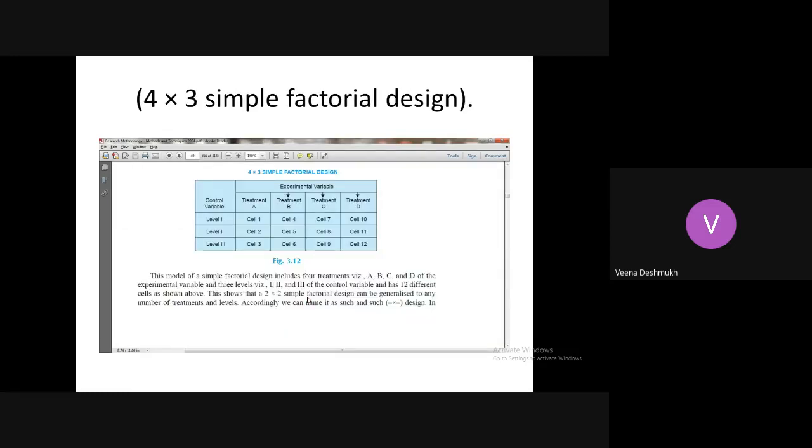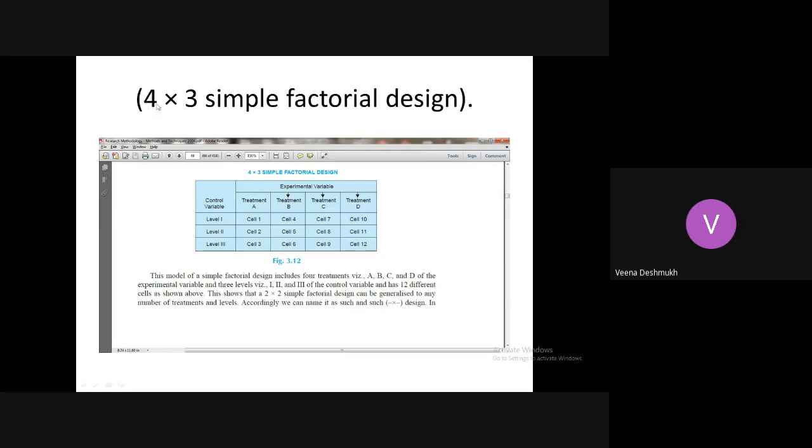The simple factorial design can be expanded to 3 by 4 or 4 by 3. Any number of factors can be introduced with different levels.